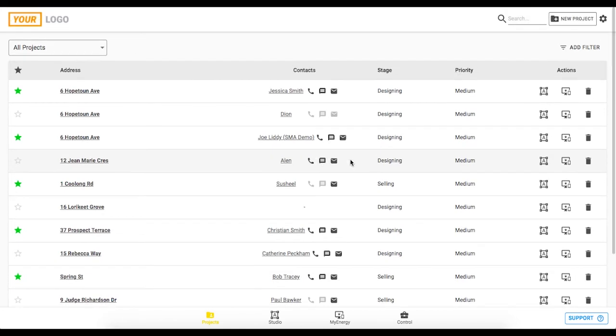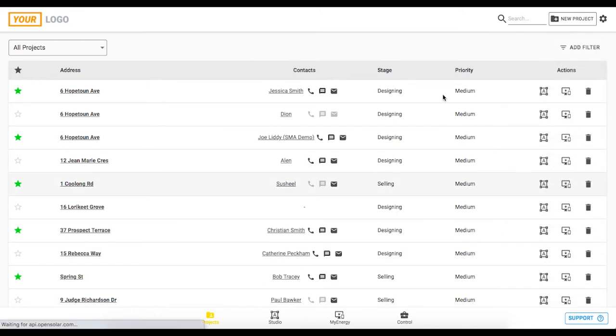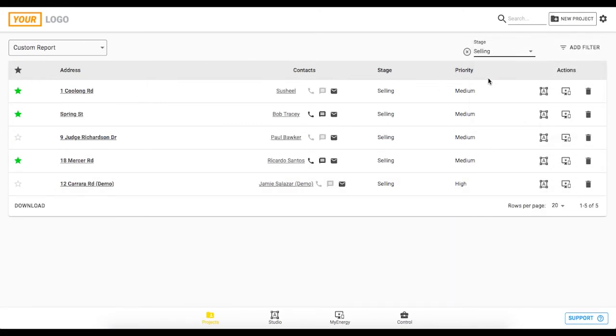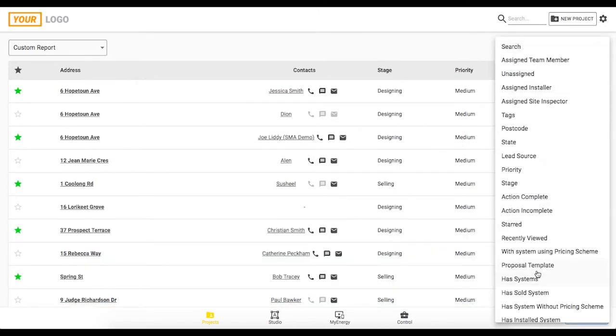And you can also manage this project list very well by adding filters here. For example, if we want to filter for all of the projects which are in the selling stage, we can move that into there. And then once we've got a short list here, we might even want to download that project information into a CSV file, for some external reporting and analysis with that data. So you can add in multiple filters at the same time, and that's really handy for managing your CRM in